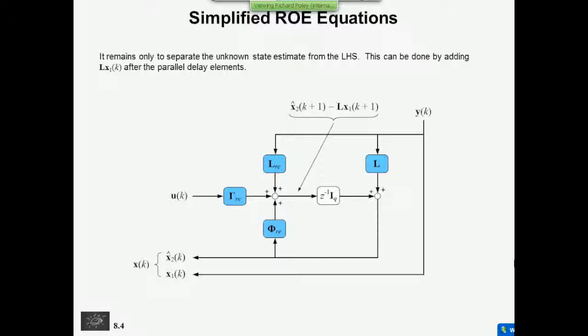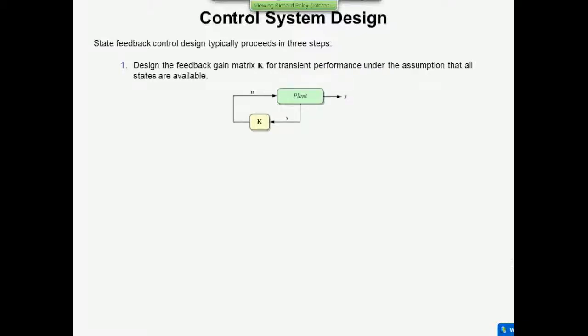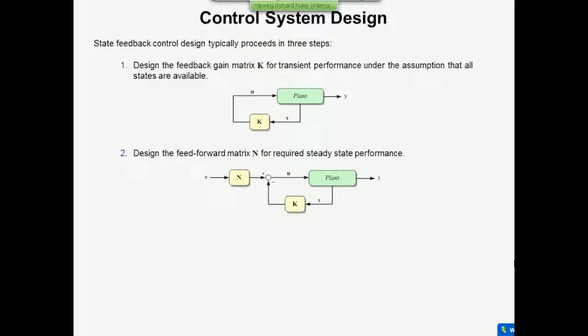So to conclude, I'm just going to summarize what we've done over the last couple of days, today anyway, in terms of control system design. We typically proceed in 3 steps. The first one is the design of a feedback gain matrix to achieve satisfactory transient performance by selecting the gain elements to give us the eigenvalues that we want, assuming that the state vector is available. The second stage was to design an input matrix which took account of the steady state error, and also at the same time allowed us to adjust the steady state. And we saw that with dead reckoning, assuming we knew exactly what the elements, the matrices of the plant was, we could do this, but it was not all that simple if we didn't know it.